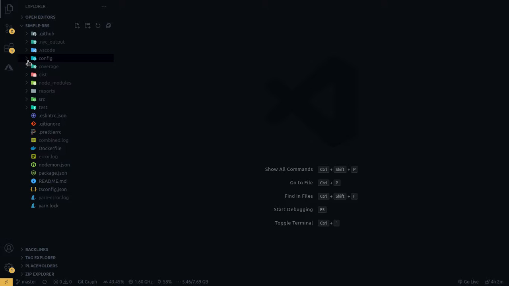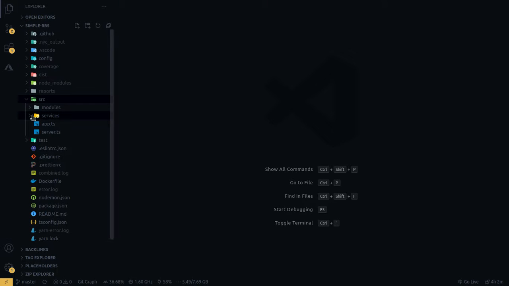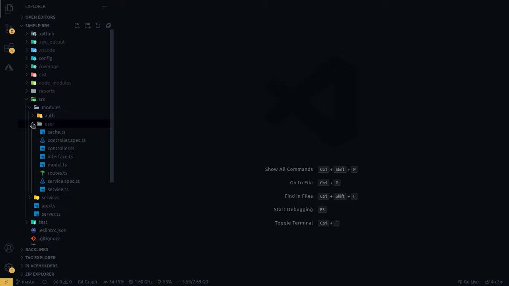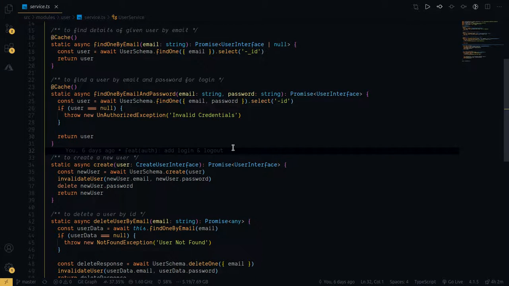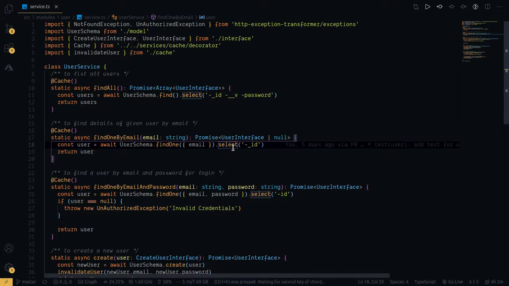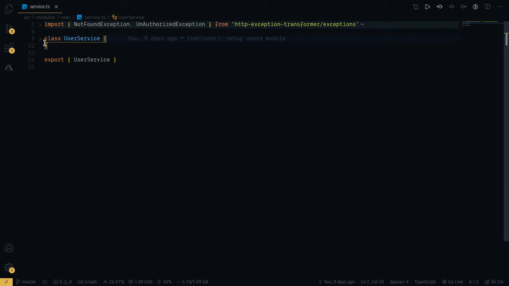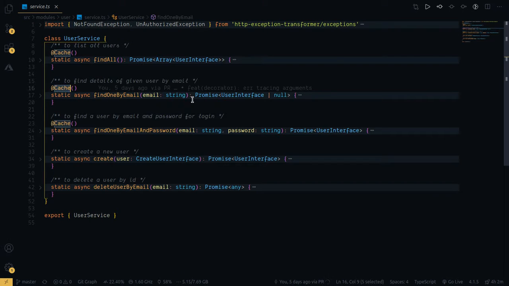And then one final part is demonstrating how we are implementing the cache. So let's open the users service, and in this, let's check out the services.ts. The only line that we need to add caching to any particular method is @cache, and that is it.